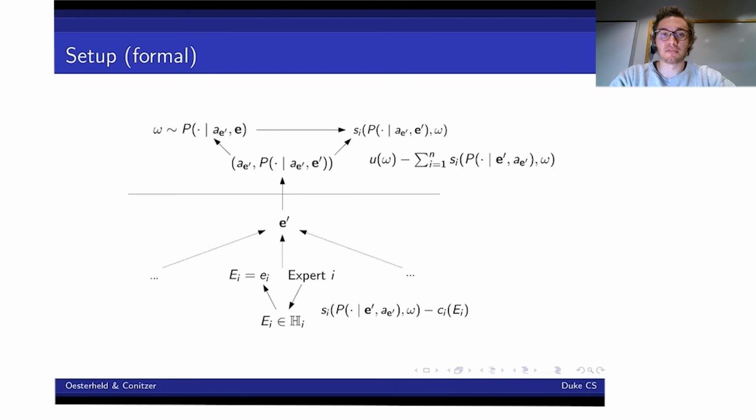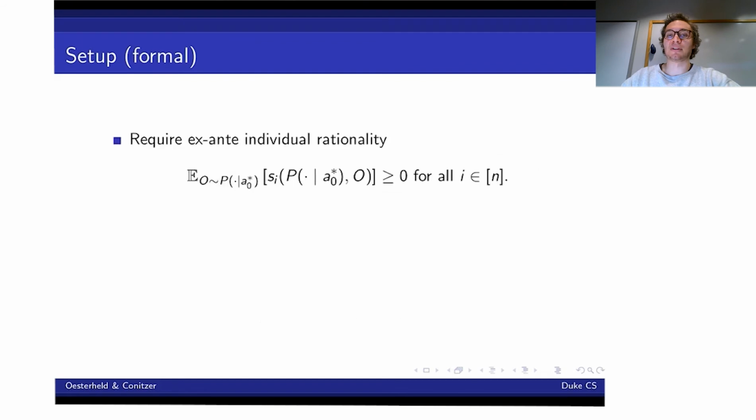Okay, we have to clarify a few more things about this setup. So again, our goal is to design good scoring rules or good contracts for this setting, a good function S. And there's this sort of obvious hack that we could choose a function that is always very negative. So that would correspond to the principal just taking away money from the experts. And that's, of course, not very realistic. The experts would just stay away from this principal. So we have to exclude this possibility.